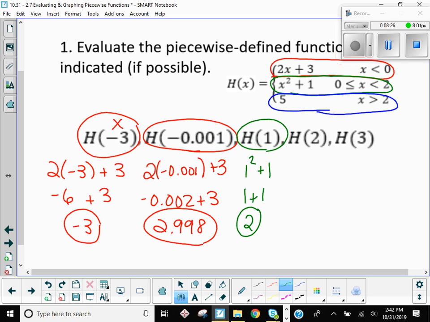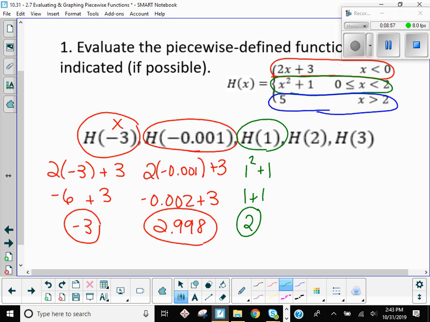The next one, h of 2, which domain does 2 belong to, the red, the green, or the blue? Anybody think green? Anybody confused? Why are you confused? There's no equal, right? So this domain restriction, the green one, says everything less than 2, but it can never